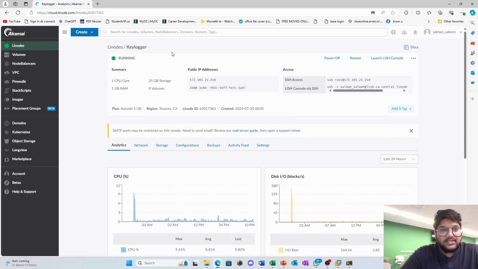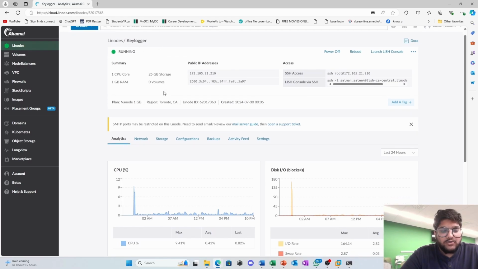So here we can see that for us to be able to store our keystrokes in the server, we need to create a server. That server we have created using Linode, which is a cloud platform. Using Linode, we have created an Ubuntu server which has one CPU core and 1 GB of RAM, which should be sufficient for storing keystrokes. Now we have been assigned an IP address